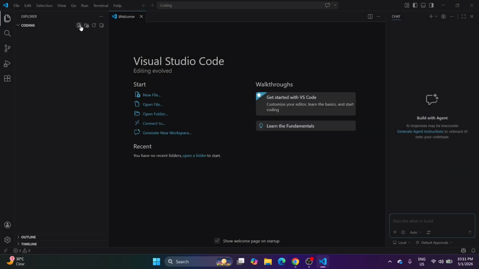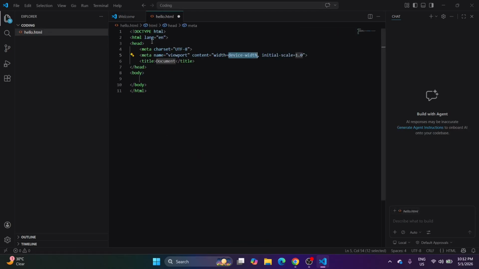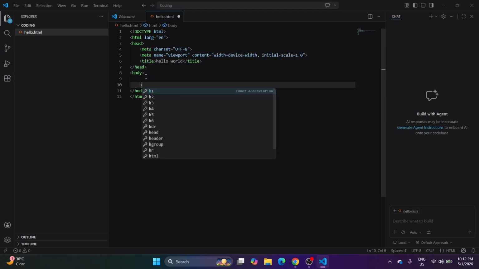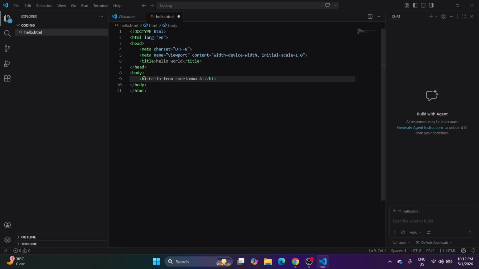Okay, so yes, you can click here, and then we can create a hello.html file here, and we can add a boilerplate like hello world, and we can add an h1 tag here like hello from Code Luma AI, and then we can also